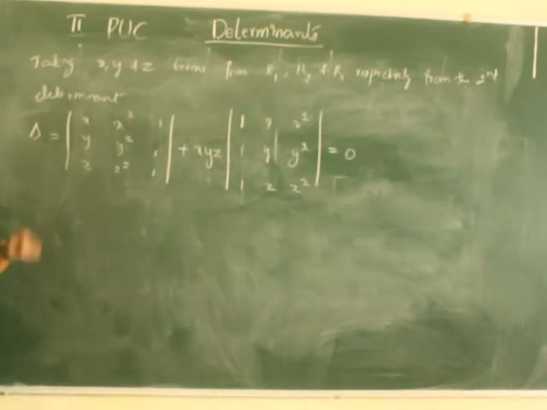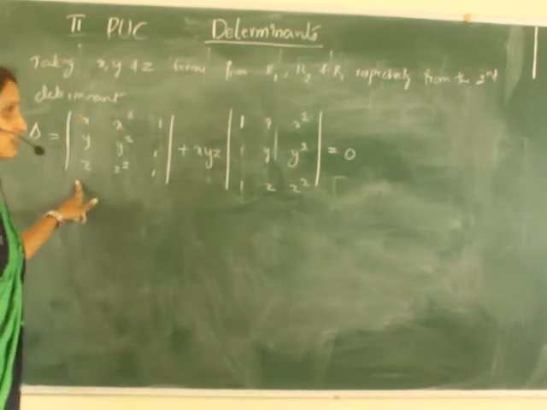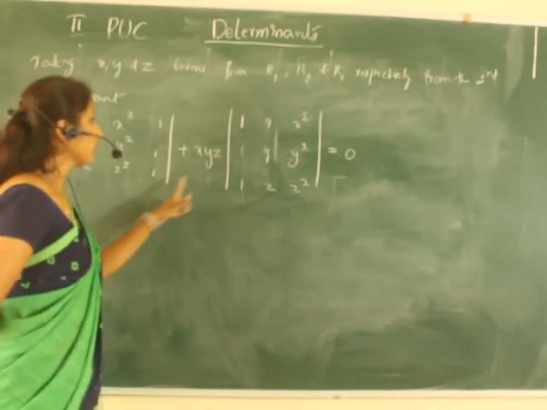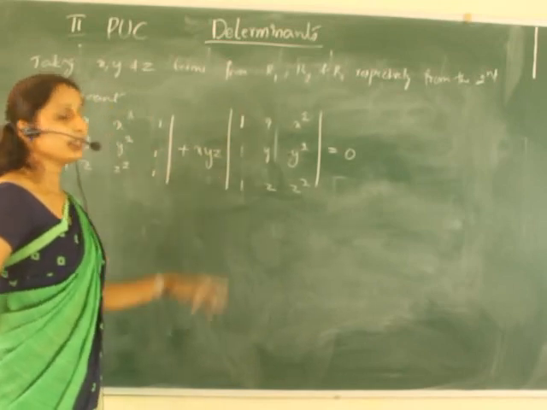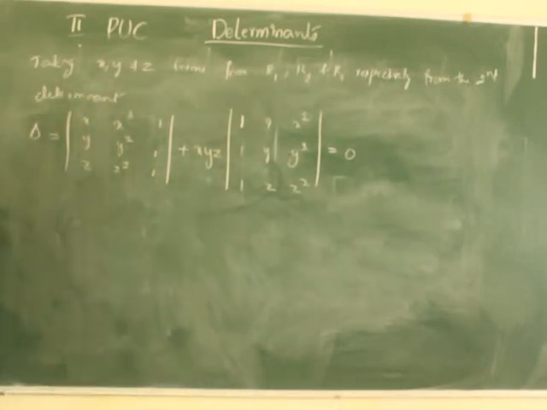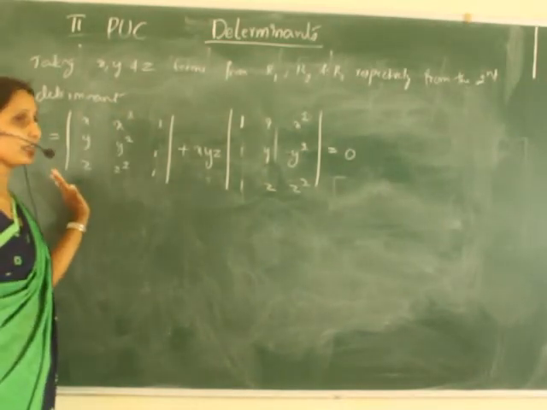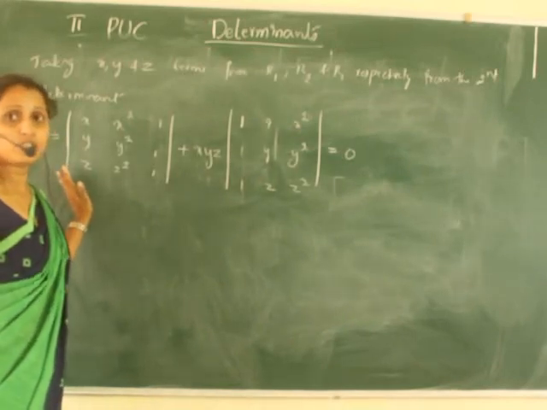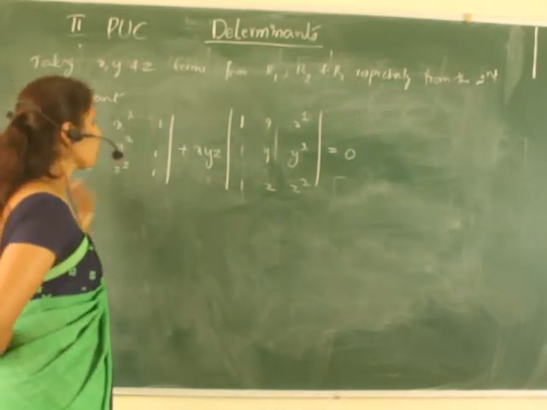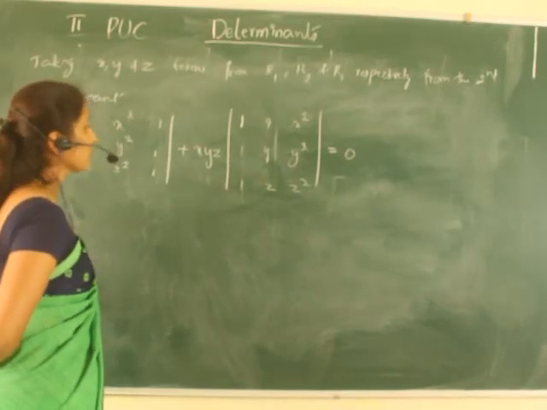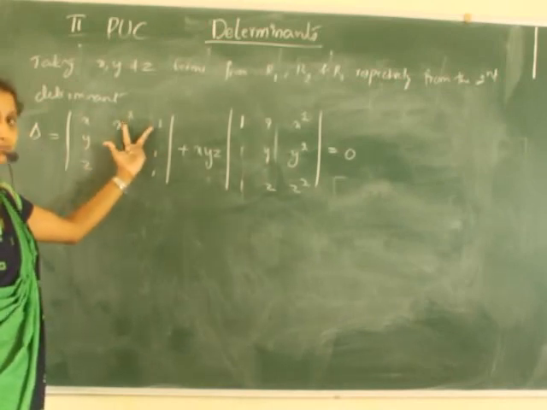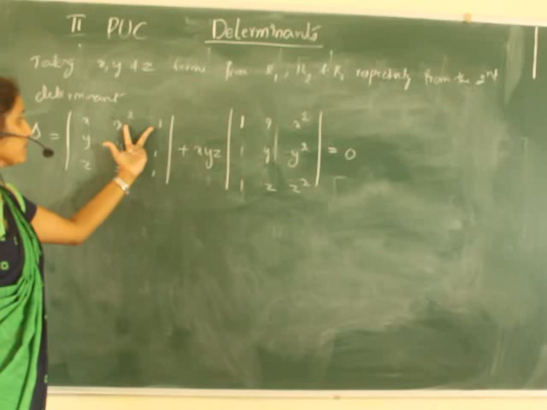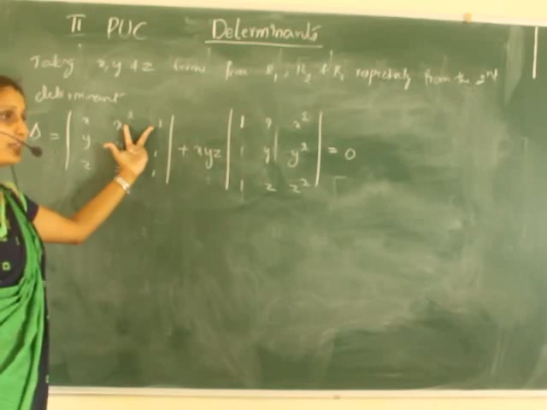Next, when you see the terms, one column is xyz here and xyz here, one column is 1, 1, 1 and another is x square, y square, z square in both. So both determinants have the same columns, but the places are different. So in any one determinant, we have to interchange the columns. How can I interchange? Once I interchange two columns, the determinant changes its sign, so minus 1 one time.